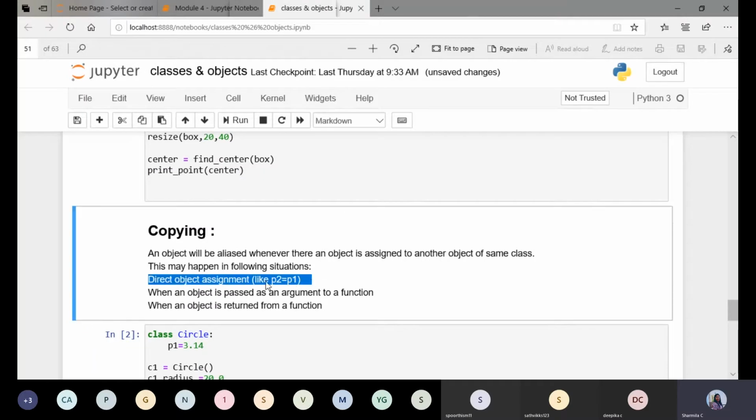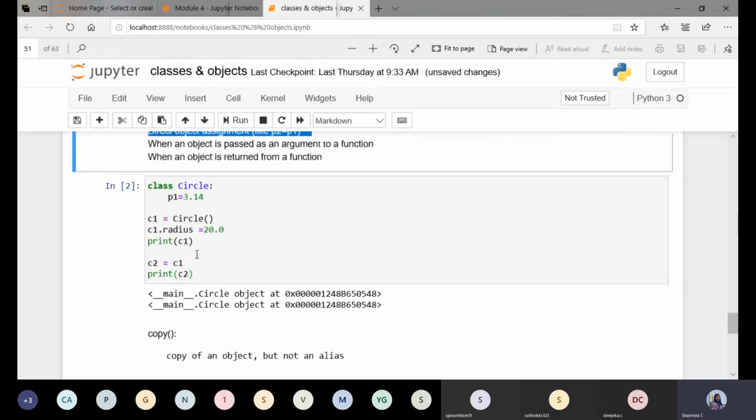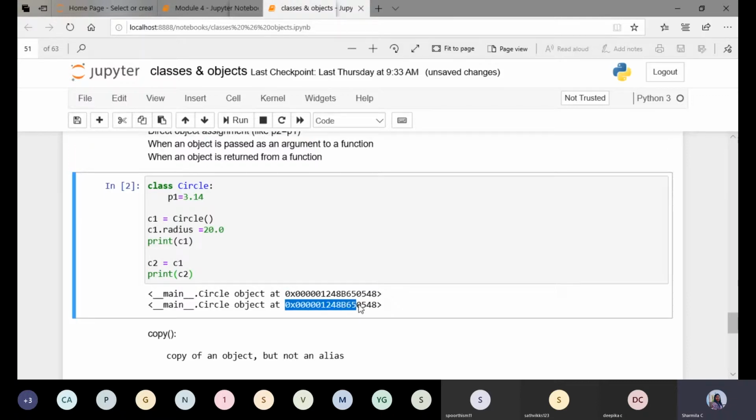Direct object assignment is nothing but copying an object to another object of the same class. If you look at this, the address of the object C1 and the address of the object C2 are the same.